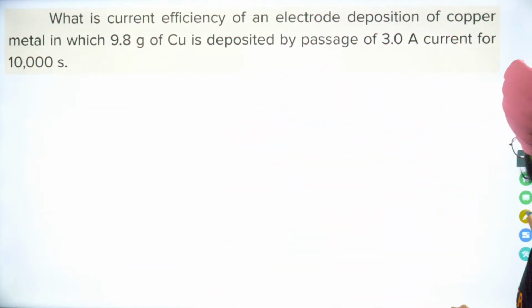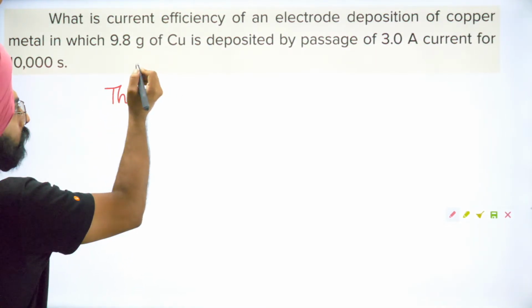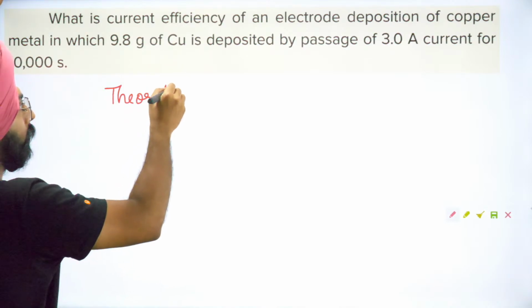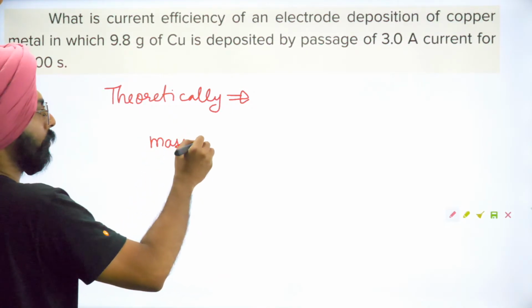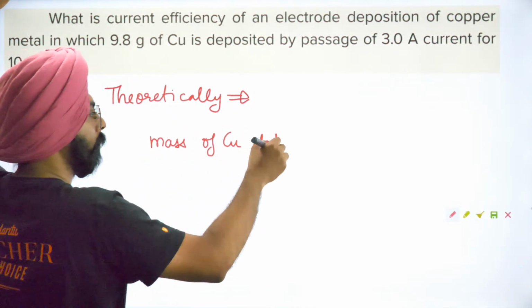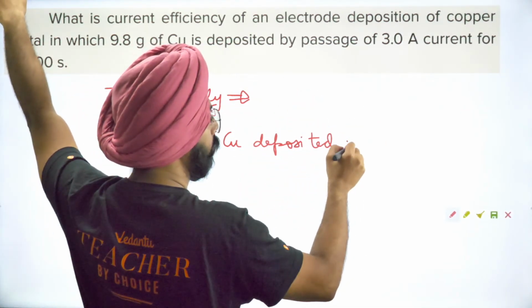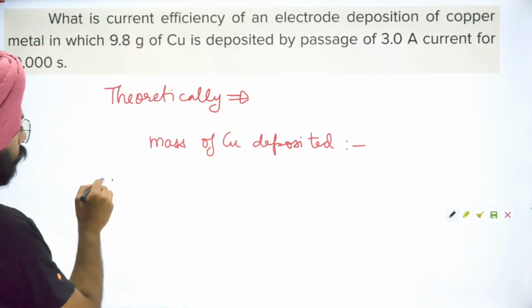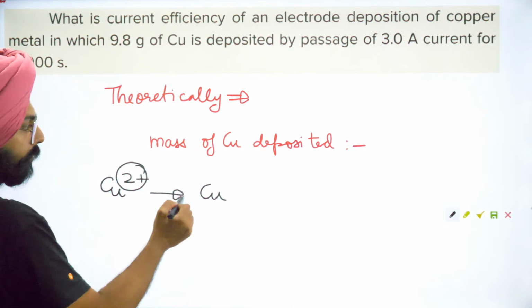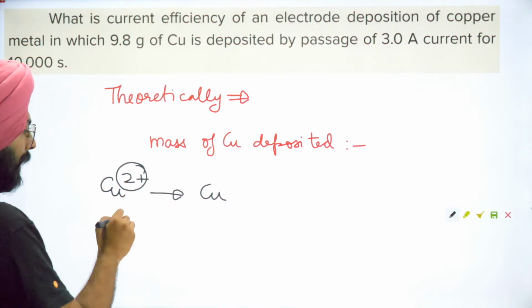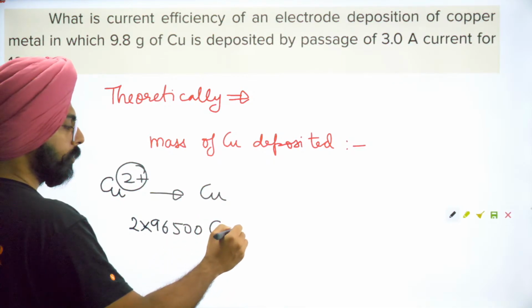देखो, theoretically, all right, theoretically, what is the mass of copper to be deposited? Theoretically, what's the mass of copper to be deposited? सोच के देखो. See, we know that copper is copper 2 positive going to copper, है ना जी? Copper 2 positive will go to copper. So we know that 2 into 96,500 coulombs gives me,